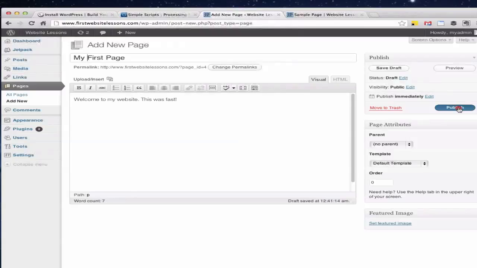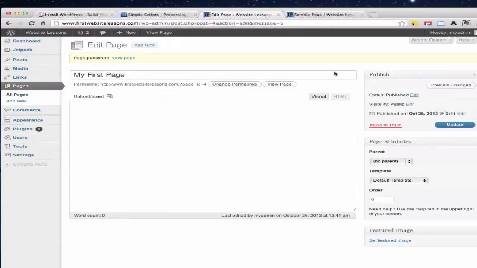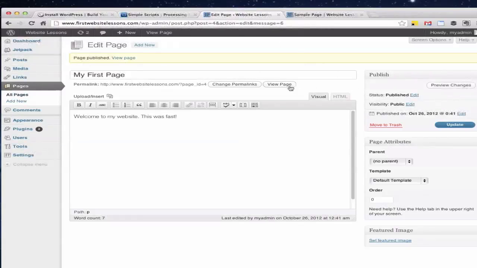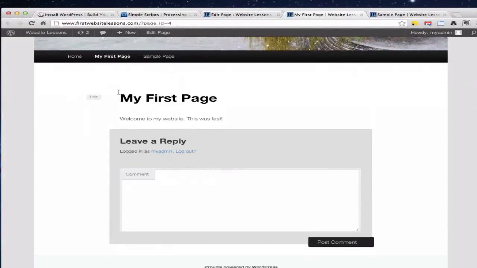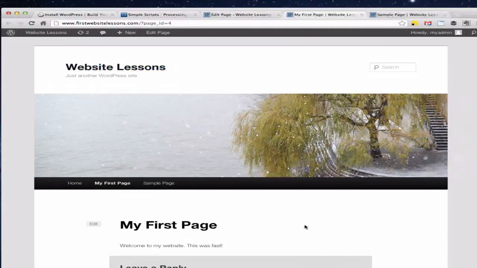Now, go ahead and click Publish. And your page is published. Let's take a look and see what we have. So there it is. Now you've got your first page. You've got something published. You've got a lot more to set up, but the beauty is you have a powerful